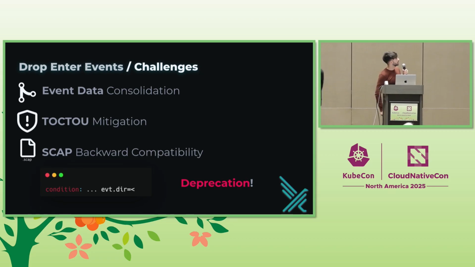We deprecated the concept of direction and the field event here, but the good news is that your rules will continue to work. You will just receive a warning if you use this, and in order to remove the warning, just remove this from your condition and everything will work as expected.